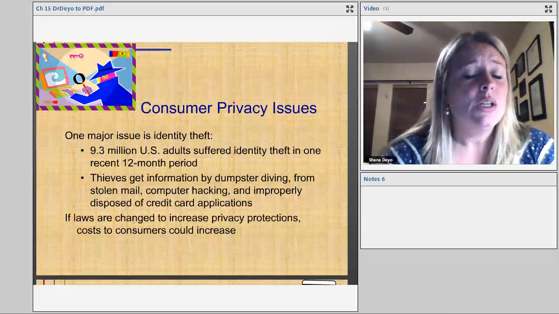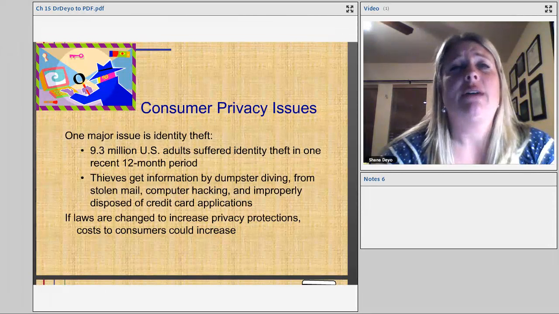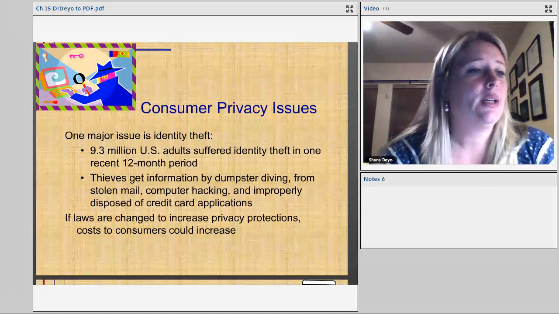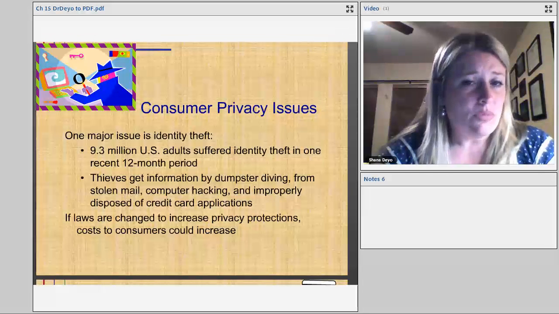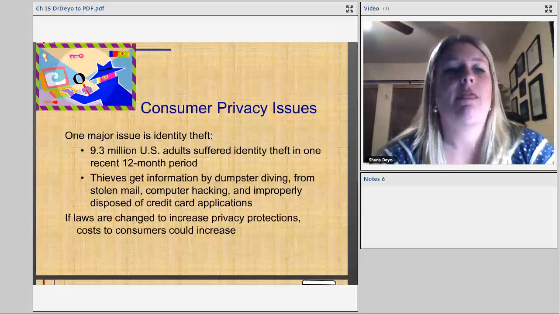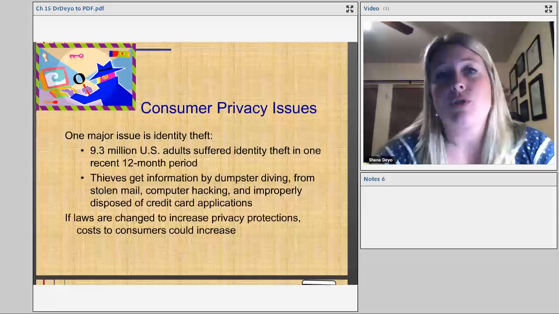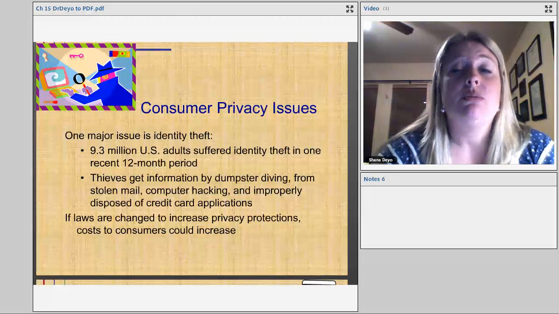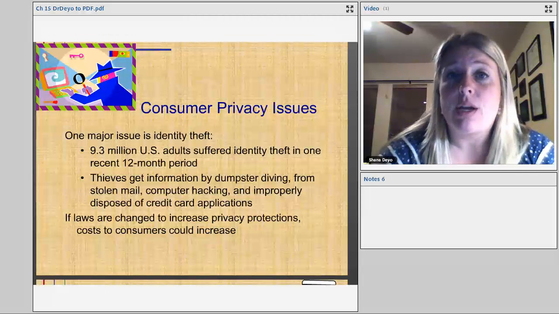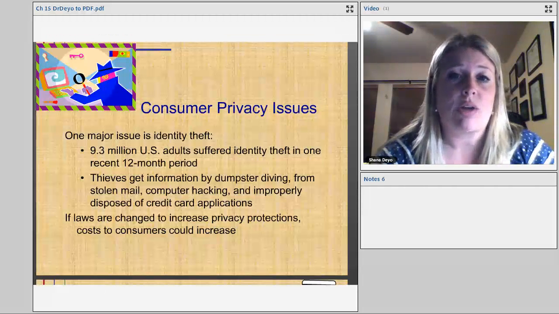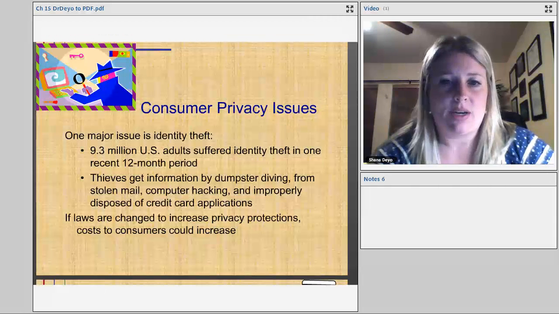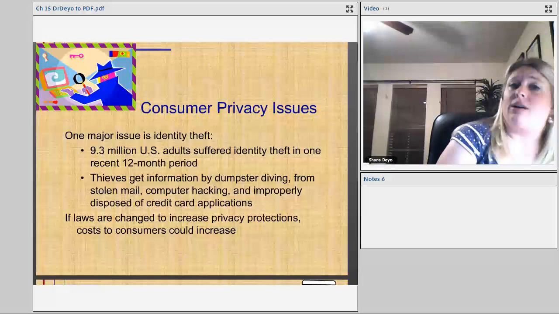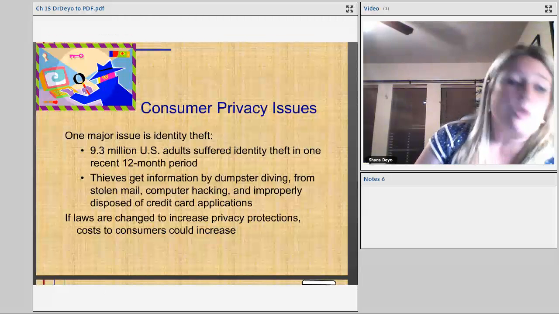Thieves not only dive into the dumpster and look for credit card applications and unfilled loan applications and things like that, they also go through just your trash on the street. That's why, of course, people recommend that you use a shredder, a really short multi-cut shredder, so that they can't see that information. They go into computer software and hack your computer, and they hack your credit cards.